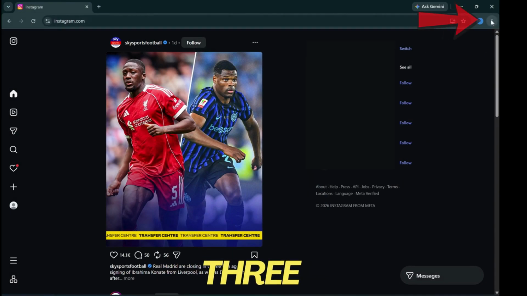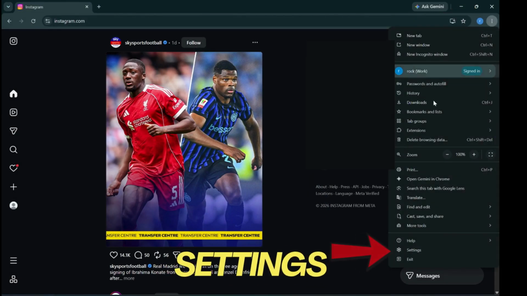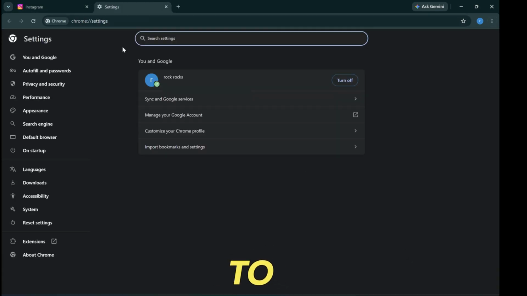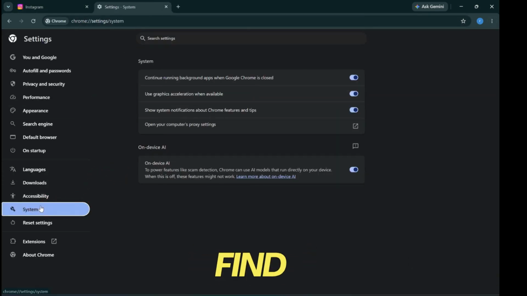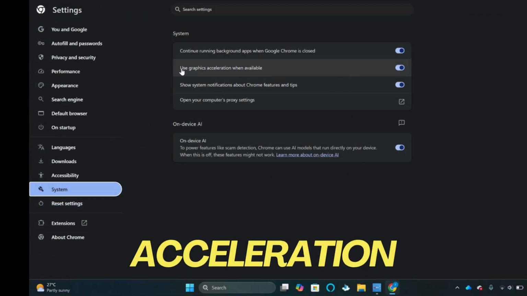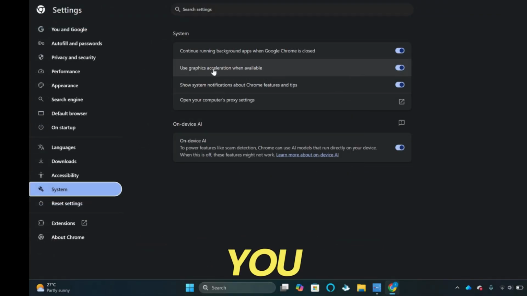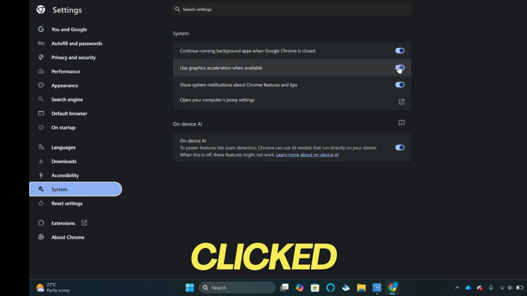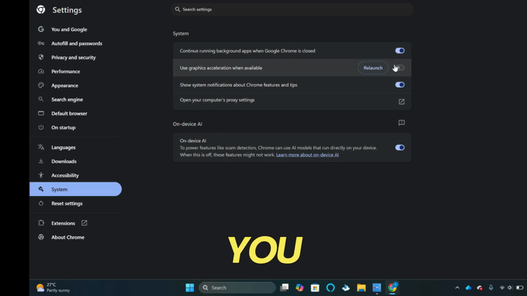Now go to these three dots and click on the settings and go to the system, and here you'll find the "use graphics acceleration when available" option. You need to make sure that this button is also clicked on. Now you can click here, and after you make sure that this button is clicked on, go back to your